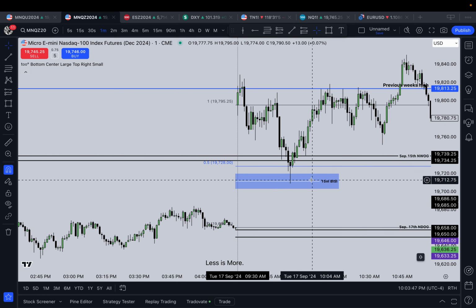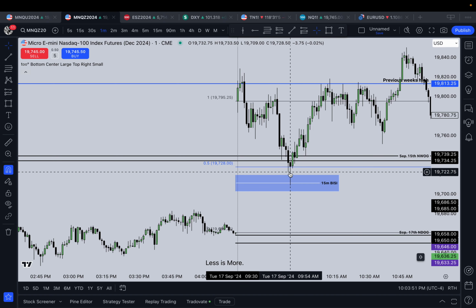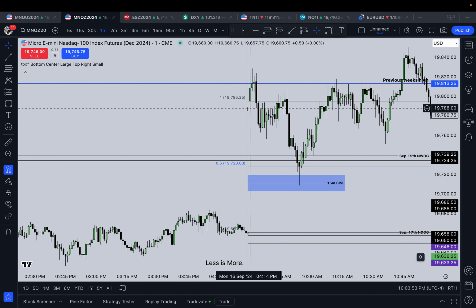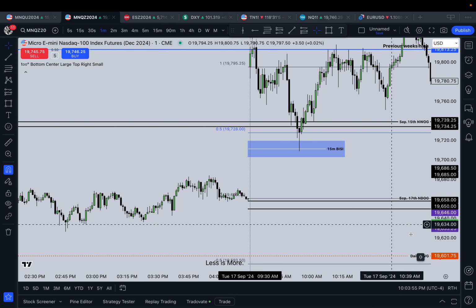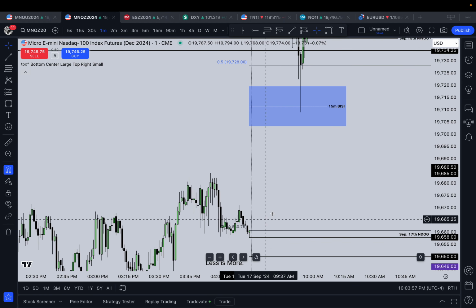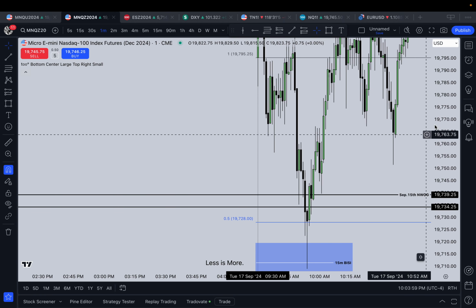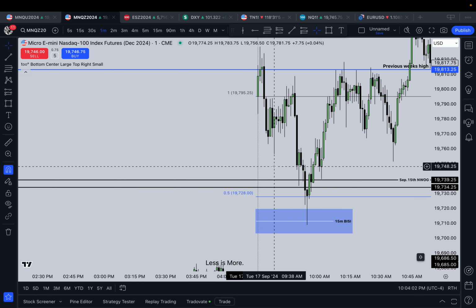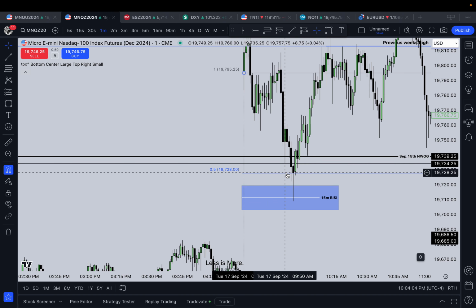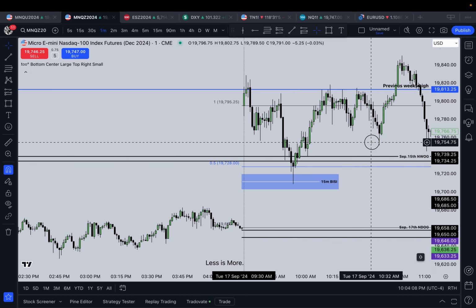Where do we stop? 15-minute fair value gap from the overnight price action, but what else do we have on the regular trading hours? Opening range gap, right? So this is your opening range gap from the previous day's close to the current day's open. Find that midpoint, and what do we have here? Look at the bodies respecting that, right?